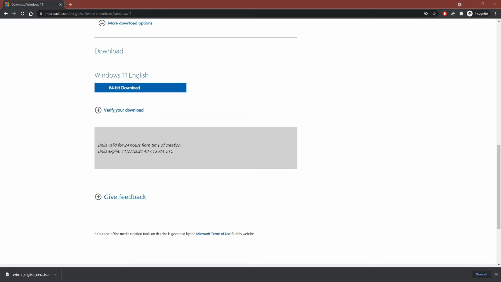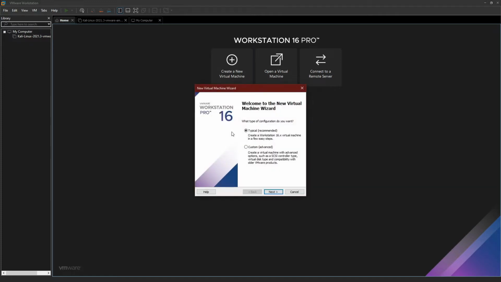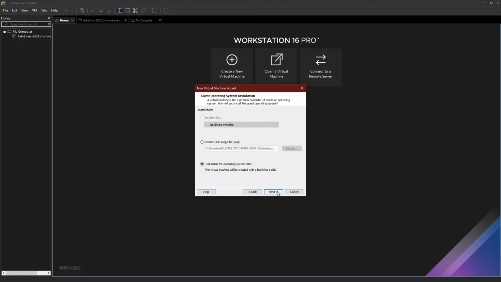Now open up your VMware Workstation and click on Create New Machine. Click Installer Disk Image and select the location of your ISO file here. Click Next.